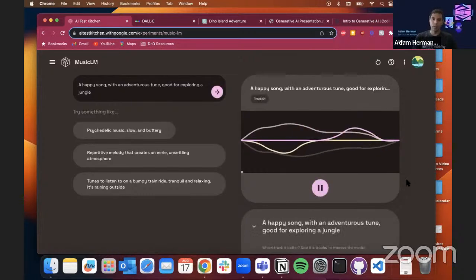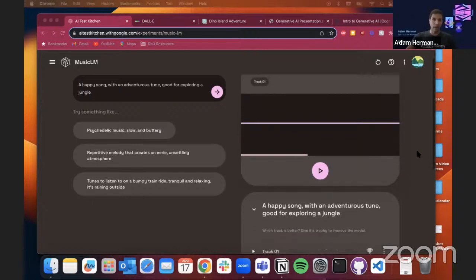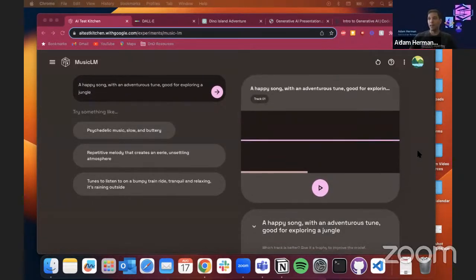It's going to give it a moment to look at. And I actually like this quite a bit. I apologize. I'm not sure if you're able to hear the audio on your end, but it came in a really interesting way. What I do find with Music LM is it can sound a little tinny, which is really interesting to me. I'm not sure why that is, but again, this is where you can take this, download this